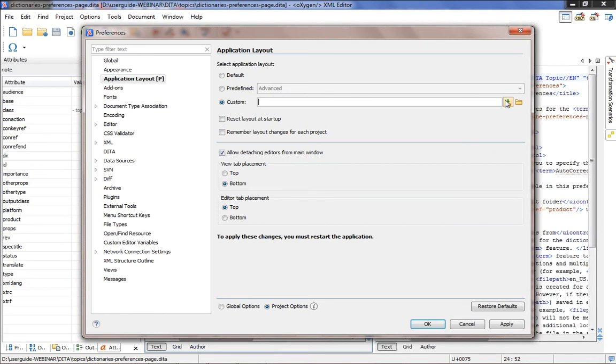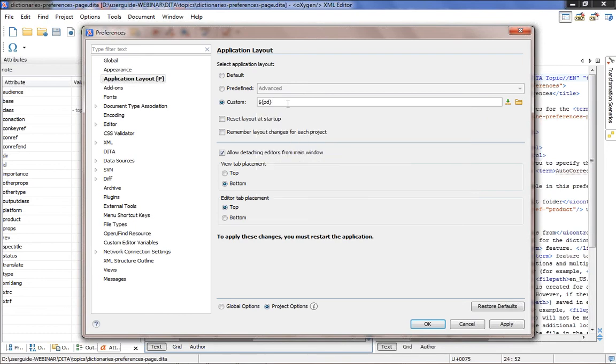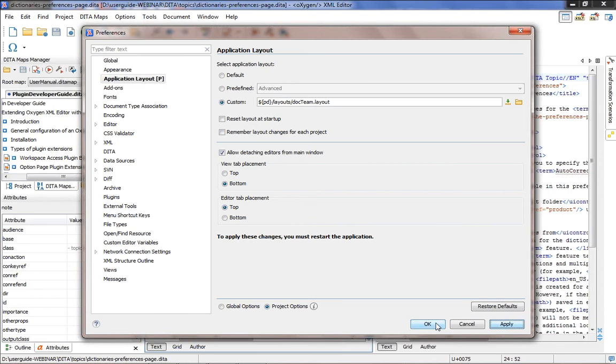And it is very important to use a relative path relative to the directory, so that's why we will use the project directory editor variable, and we will go to our layout file. We will apply these changes,